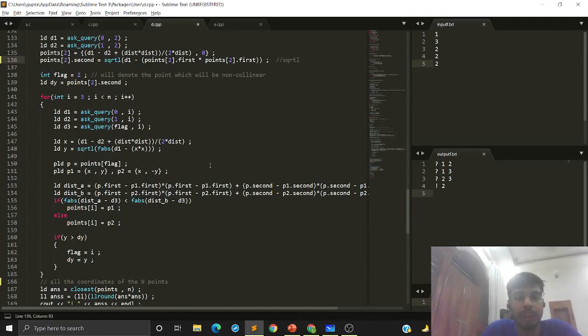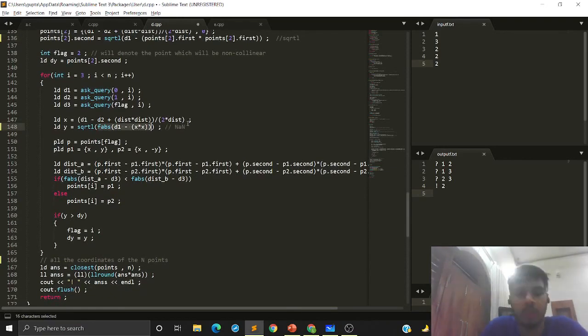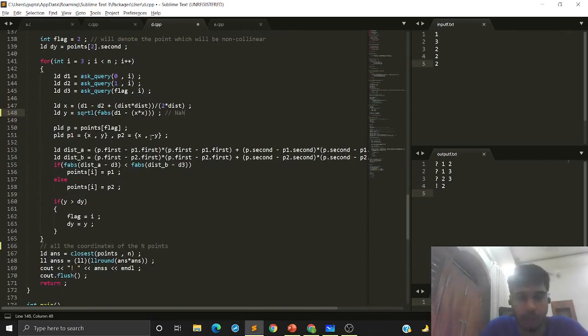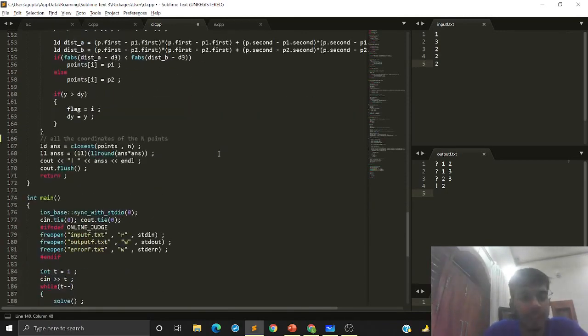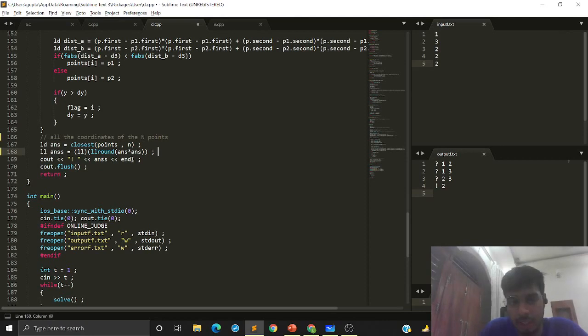Now, one more point, we should always pass the absolute value of whatever we are trying to calculate the square root of. Finally, when you are reporting the final answer, you should round off your answer. So what I am saying is, suppose the answer is 9.8. Now if you are not rounding it off, then you will say that 9 is my correct answer. However, ideally, because 9.8 is closer to 10, you should say that 10 is my answer, right? And that's why you should always round off your answer before reporting it.